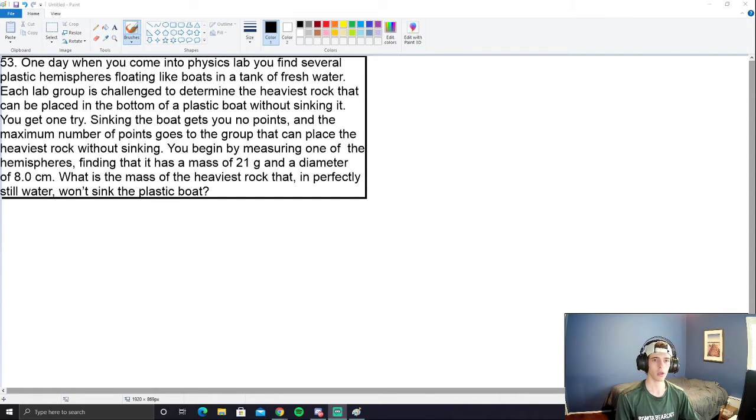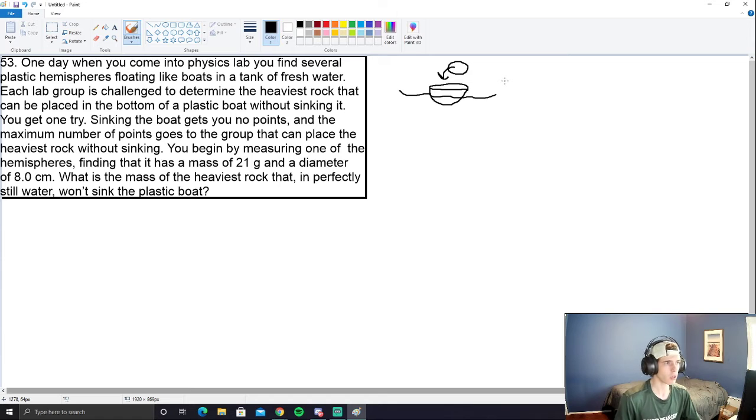This problem is quite long, but basically what you need to know is that we're going to be finding the largest mass of a rock that we can put in a hemispherically shaped boat of mass 21 grams and of diameter 8 centimeters. So what that's going to look like is kind of this little hemisphere in some water. And we're going to be placing some mass rock inside of it, in the maximum amount, that won't sink the